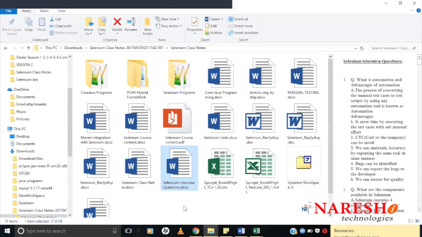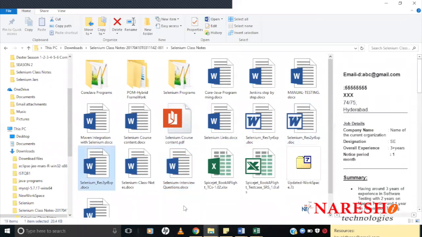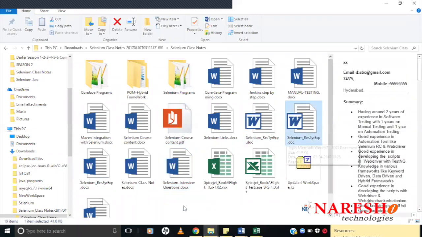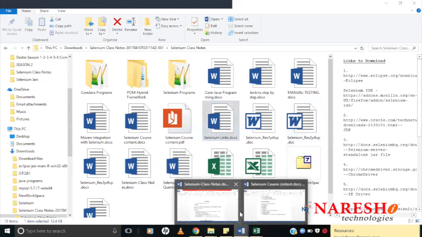And here are the sample resumes that we have created, which are going to help you if you want to claim that you have already worked with Selenium for 2 years. Our course is going to give you such confidence that you can put in your resume that you have already been working with Selenium for 2 years. That's the assurance. That's the amount of confidence you're going to reach with the Selenium course that we are going to learn as part of this course structure.